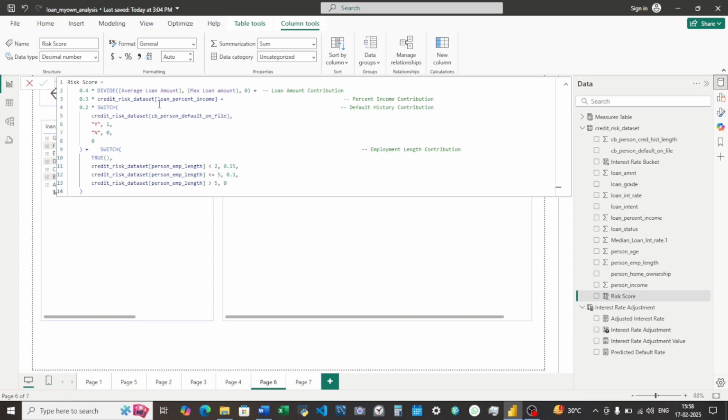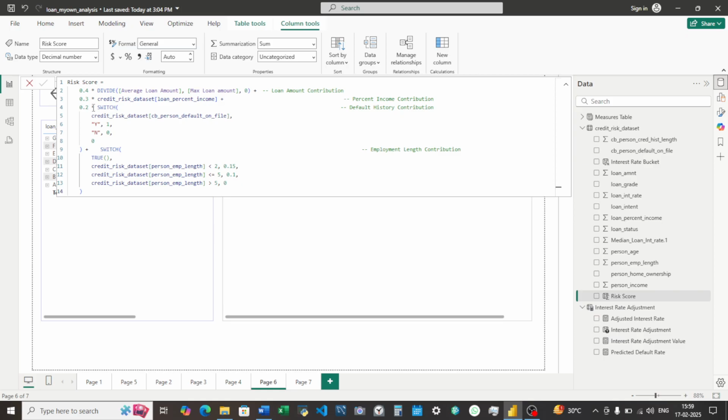And the next would be the percent income contribution. If the loan amount to be repaid is lower in relation to the person's income, he's definitely going to be able to repay it. So based on it, I have put the risk score, I have weighted that particular risk as 0.3, and then